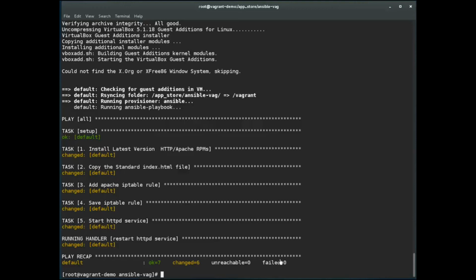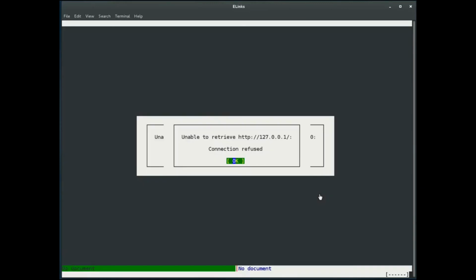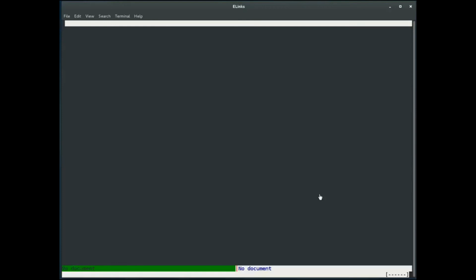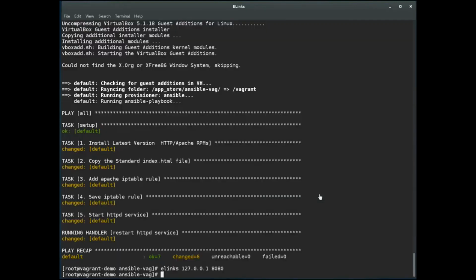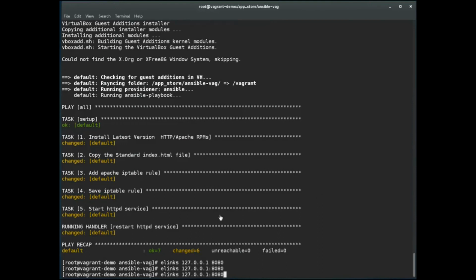Now let's check whether the web server is running on the guest or not. One way, from here I can run elinks 127.0.0.1 over port 8080. Okay, it is giving an error, connection refused. I made a mistake. Let me exit from here. It needs to be